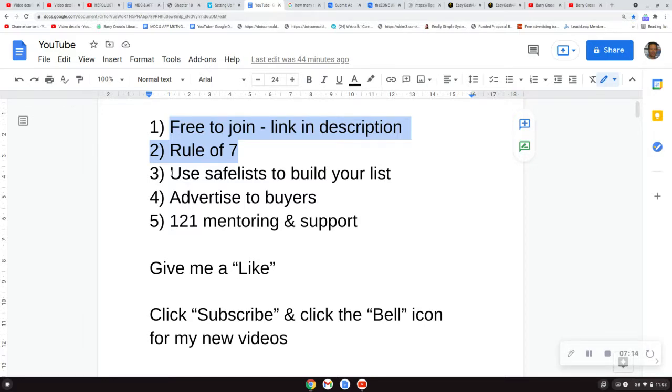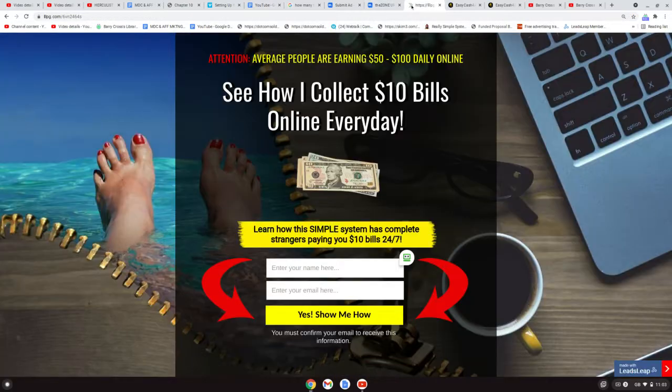And use Safelists as a way to build your list. So when you email out to, like in Herculist, 160,000 plus prospects, use the leverage of the Safelist to get you set up with your lead capture pages like this one, and start to build your own list, so you can use the rule of 7 by promoting with an autoresponder, following up, or by using consistent broadcasting